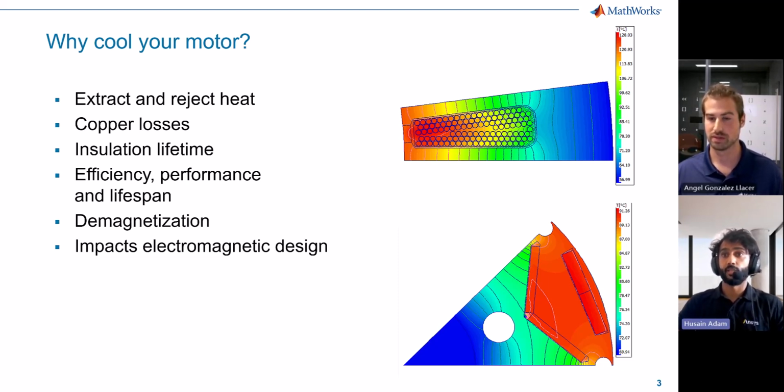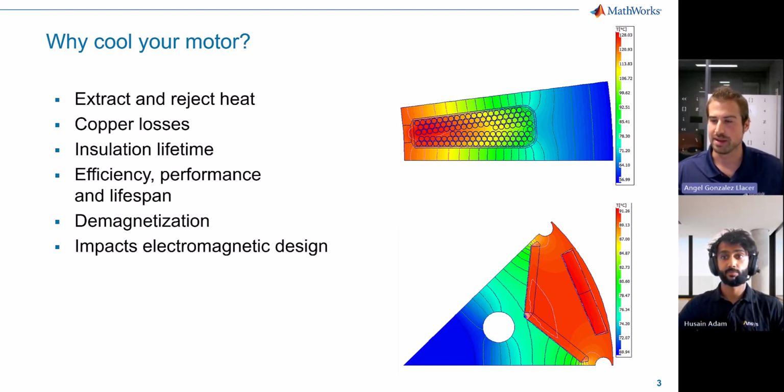The choices you make will impact, for example, the materials you select, the configuration of the slots and the number of magnets you have inside the machine. If your thermal simulations predict that the magnet is too hot, you may need to reconfigure how exactly your machine is designed, in order to then move the losses from the magnets to the windings, which might be better cooled in the machine. So if the thermal simulations are an afterthought, it might not be possible to obtain the motor you expect, or your machine insulation might fail, and you'll be left with a costly problem.